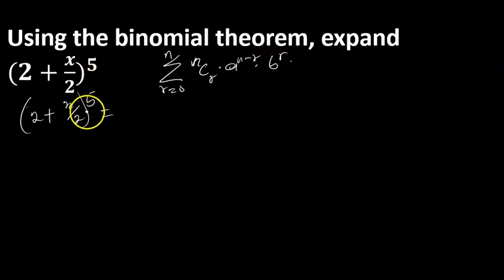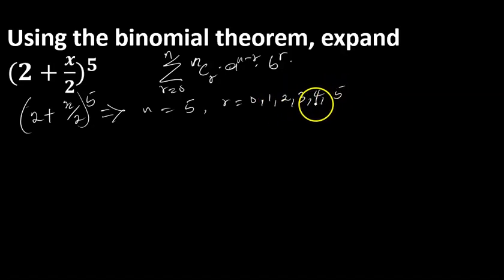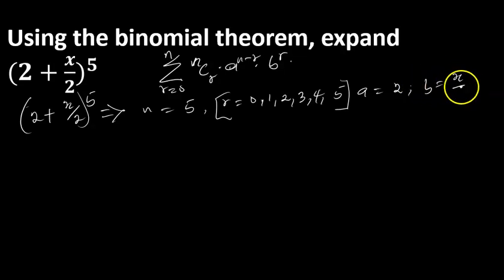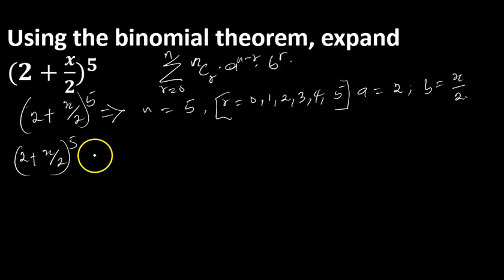Now let's analyze it. In this question, our n is equal to 5. That means our r is going to range from 0, 1, 2, 3, 4, and 5. Then our a in this question is equal to 2, and our b will be equal to x over 2. So (2 + x/2) all raised to power 5 will be the same thing as